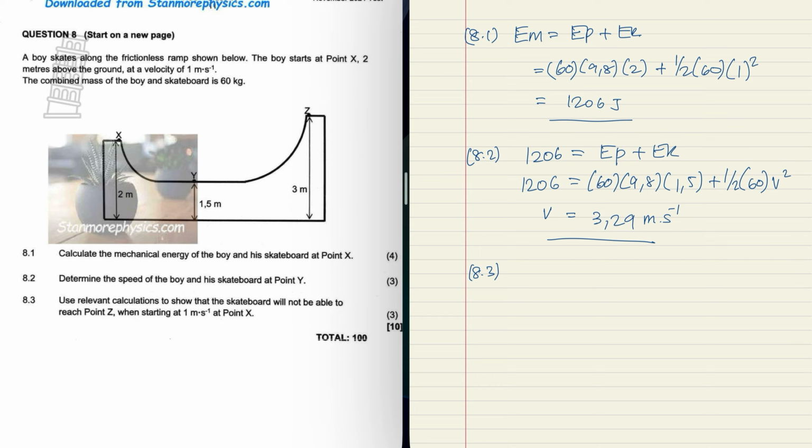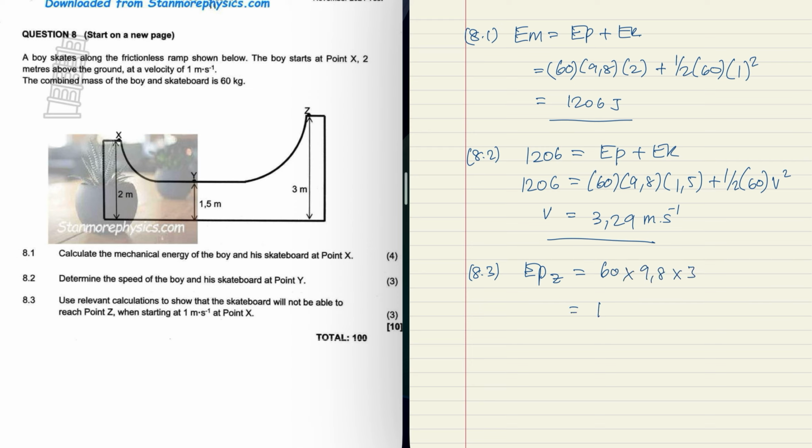Use relevant calculations to show that the skateboard will not be able to reach point Z when starting at 1 meter per second at point X. So it seems more difficult than it actually is. But what we just need to do is work out the potential energy at Z. So assuming this boy had to reach point Z, what potential energy would he need? So we can calculate that. We'll say 60 times 9.8 times 3. And that's equal to